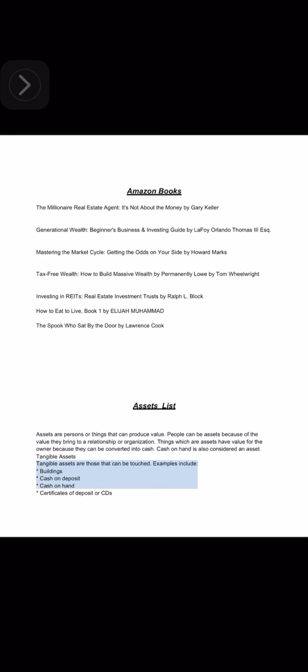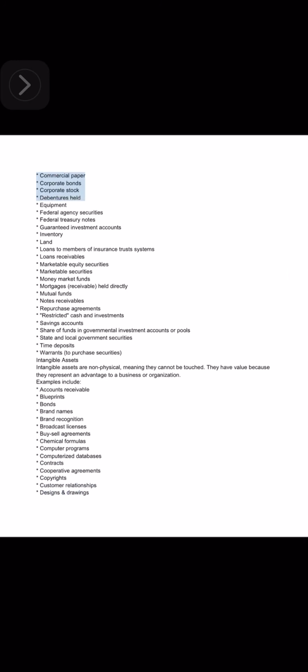Tangible assets. Tangible assets are those that can be touched. Examples include buildings, cash on deposit, cash on hand, certificates of deposit or CDs, commercial paper, corporate bonds, corporate stock, debentures held, equipment, federal agency securities, federal treasury notes, guaranteed investment accounts, inventory, land, loans to members of insurance trust systems, loans receivable,